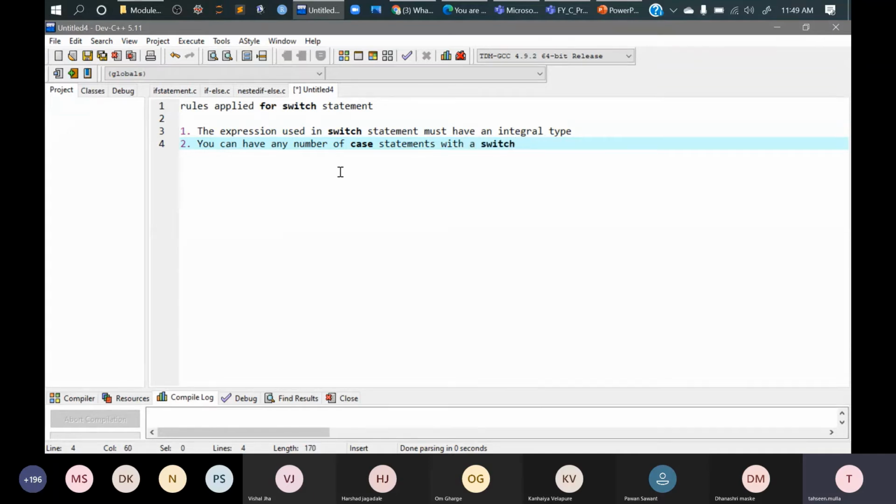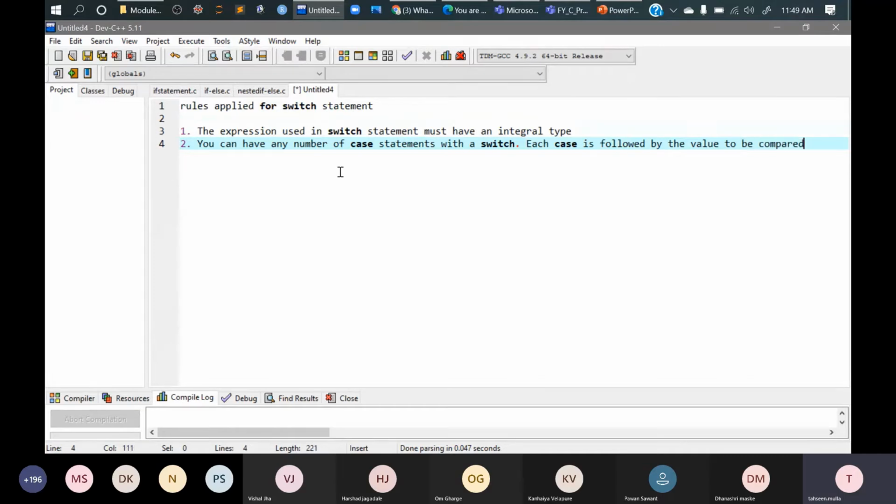If you are going to use a single switch, in that switch block you can have n number of cases, where each case is followed by the value to be compared.